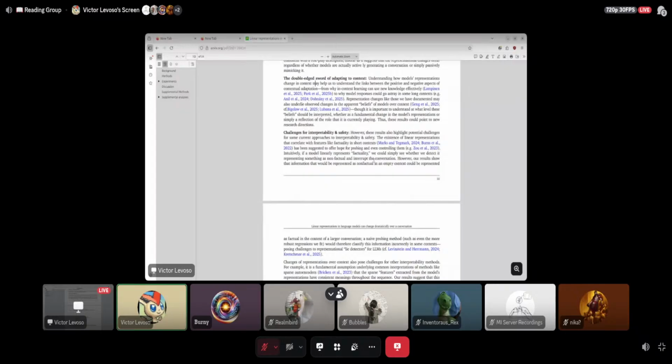Challenges for interpretability and safety. However, the results also highlight potential challenges corresponding to safety. These are representations correlated with features like factuality in short contexts. Has been traced as a hot problem and controlling that. Intuitively, the model represents factuality